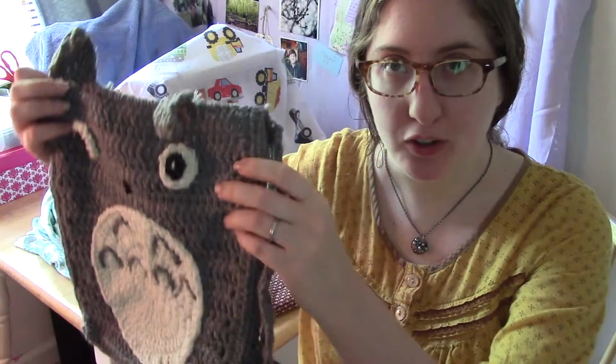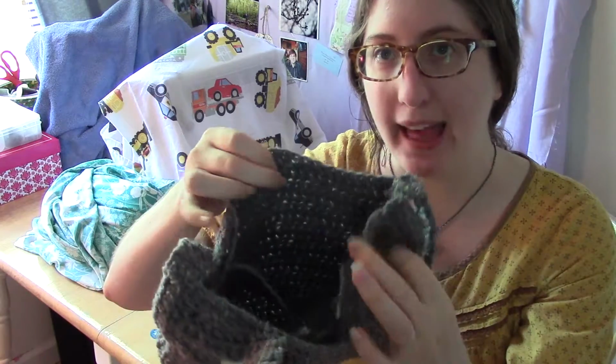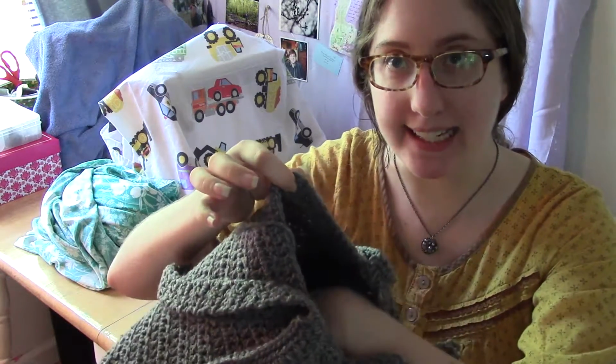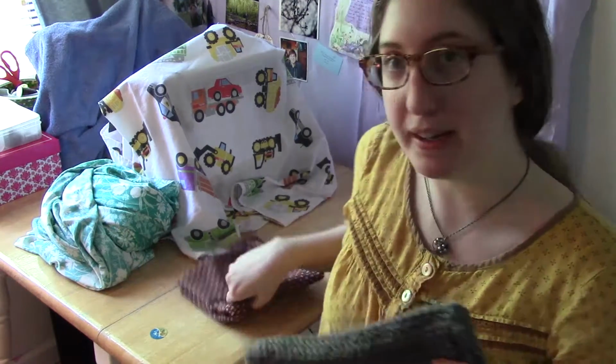Hey guys, welcome to part 2 of the Crochet Totoro bag. Today I'm going to show you how to add a sewn-in lining for your bag. So what you're going to need is a sewing machine, some thread to match your Totoro, and some fabric for